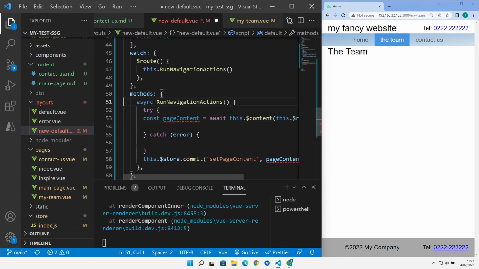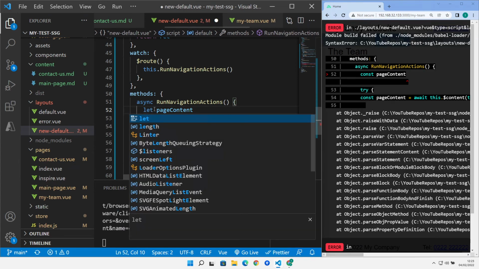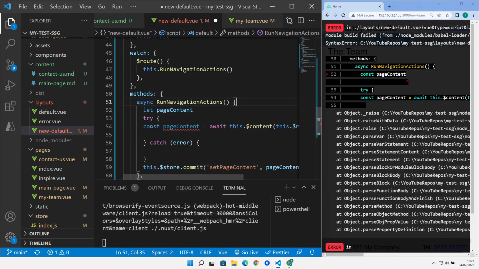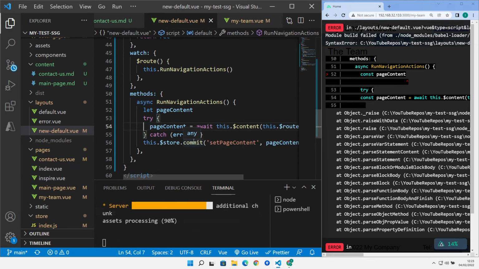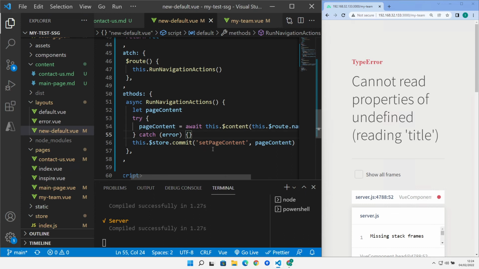and we need to declare page content outside of the try. Okay, so we're obviously throwing into here now, so we're not defining page content. So when it comes to get page content down here, that's not going to work. So let's